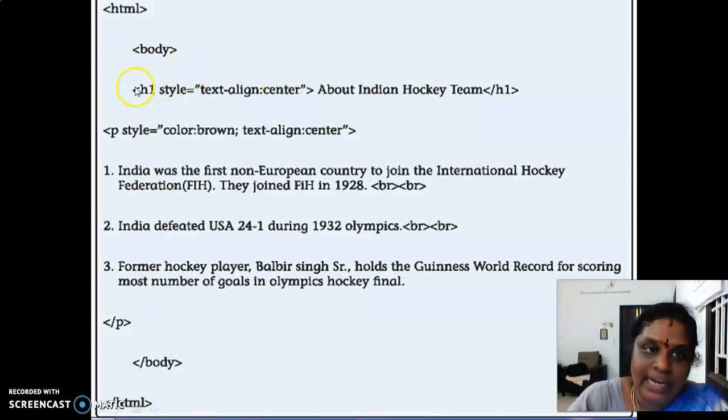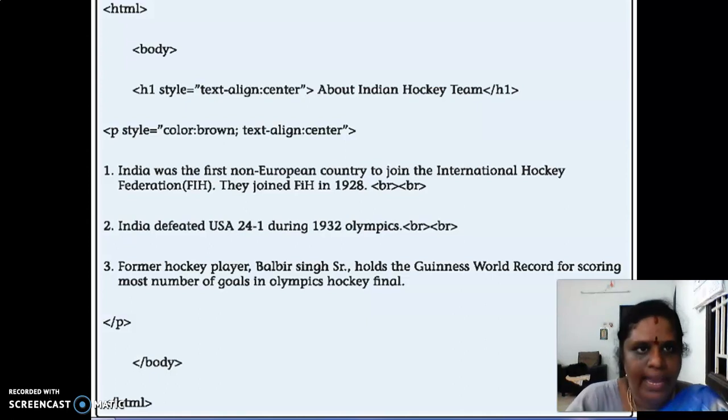Inside the H1 itself, style is equal to, this is called inline. For H1 and also your paragraph, the style is inlined with the attribute itself. This is called inline style sheet.